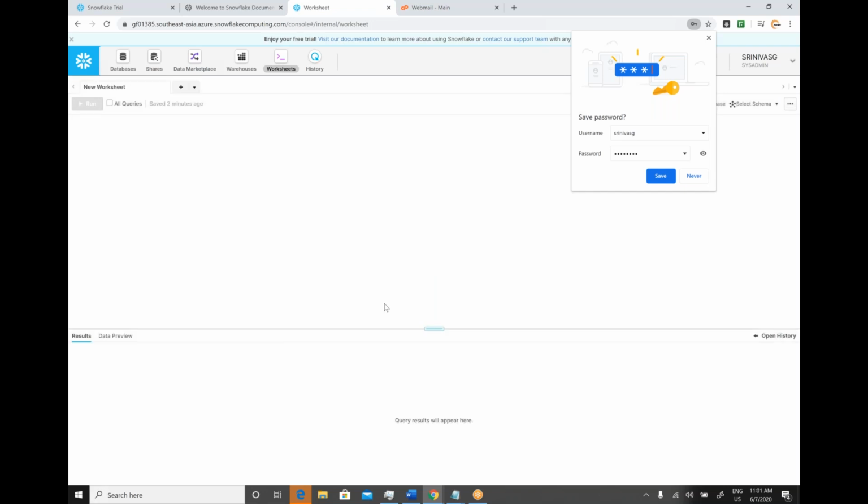So this is how you can create an account, add a user and log in to Snowflake.